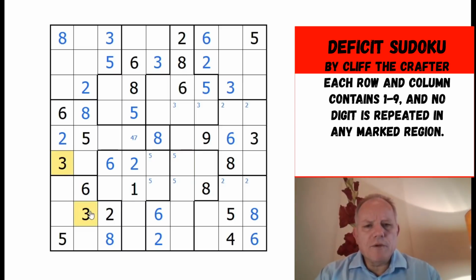Oh yes, it was something to do with, it's got to be one of these 3 shapes. I did work that out. One of these 3 shapes is missing a 3. Oh, and that is where I got to, but I don't know which one it is. So I just can't make